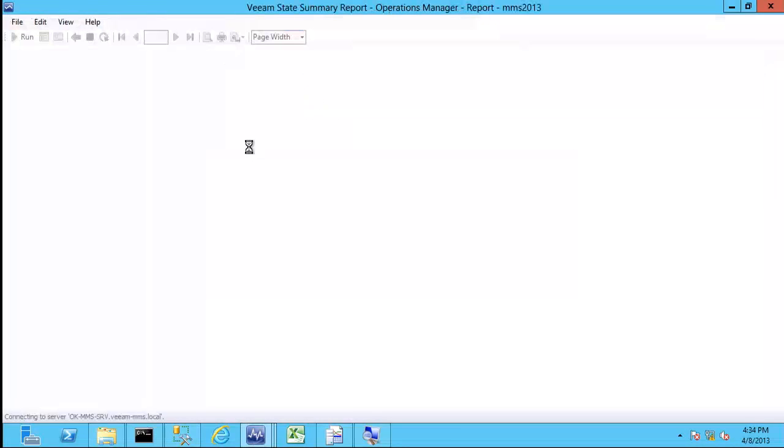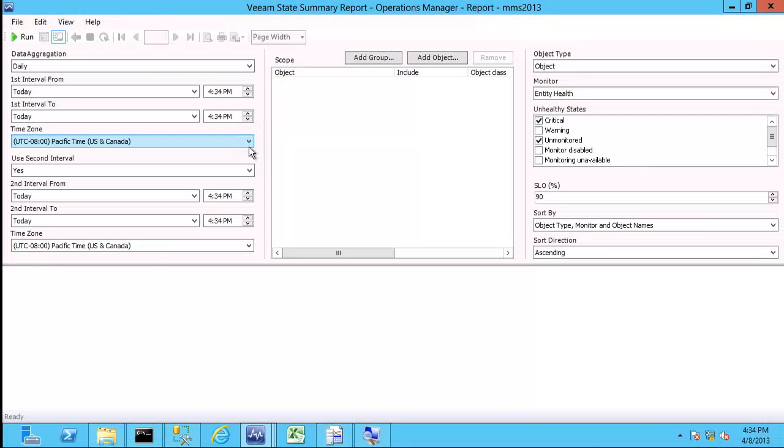Actually, one of my favorites is state summary as well. And again, there is a state report in Microsoft generic library. It only does availability. It only does 1 interval. It's basically, we needed more flexibility than that. So that's why we built this report. So let's